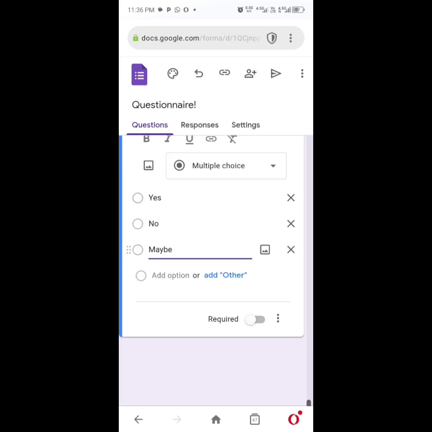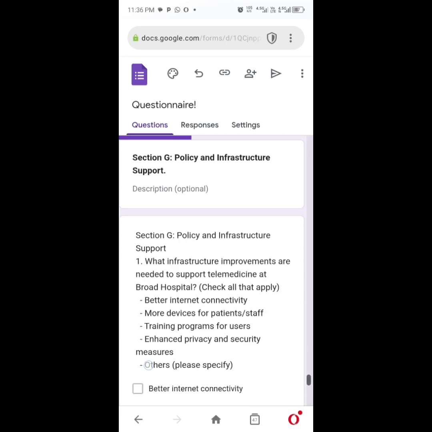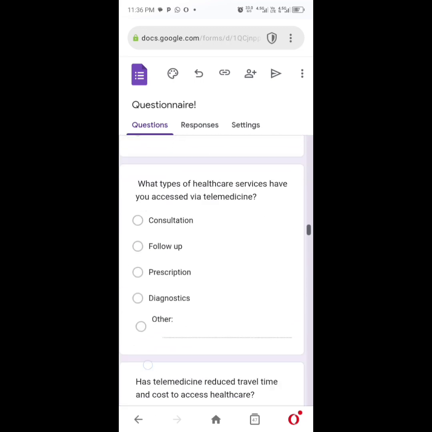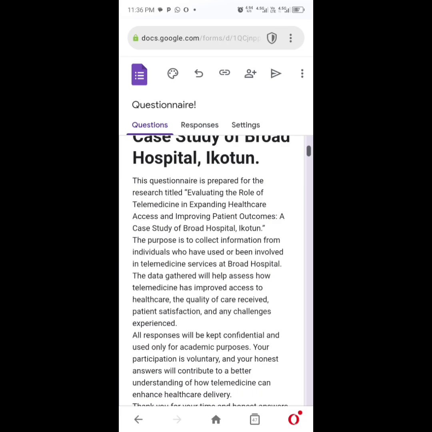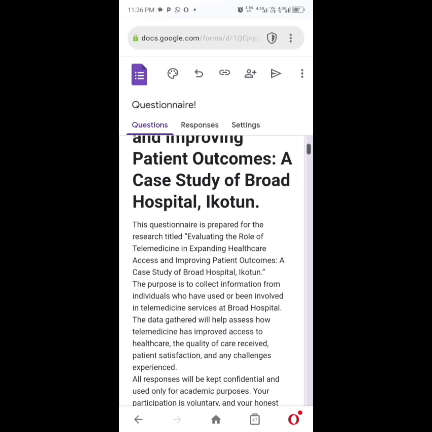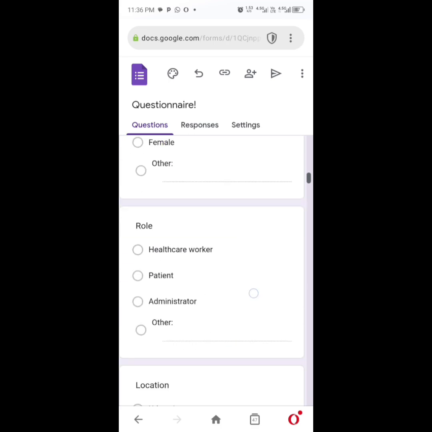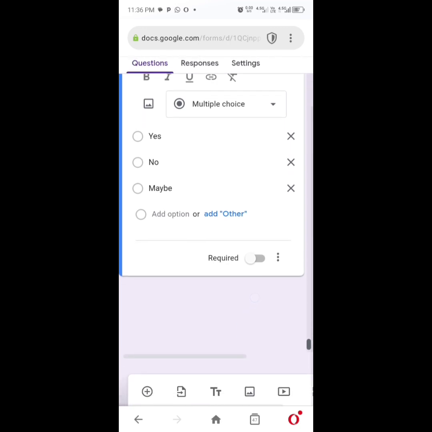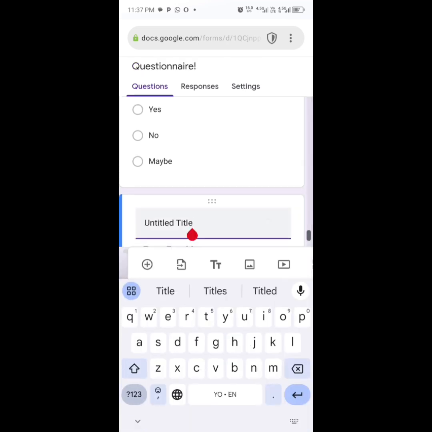Now that we have included all of our questions and sections in this questionnaire, the next thing is to bid our respondents farewell, to thank them for giving their time and for giving their honest responses. So let's do that now. To put in a section where you write your thank-you statement for your respondent to see after they have completed answering the questionnaire, you click on your last question and go to this TT, which is for text. Once you click on it, on title,